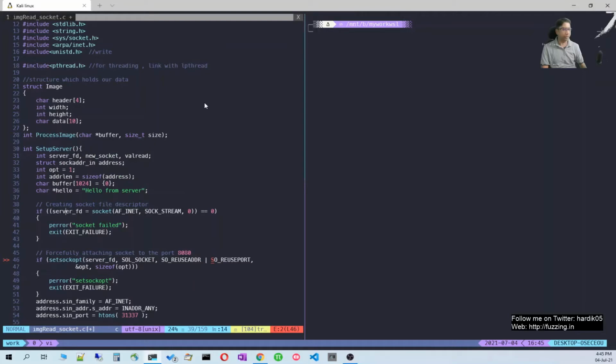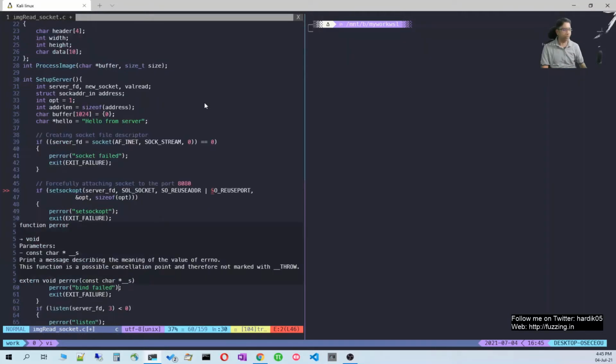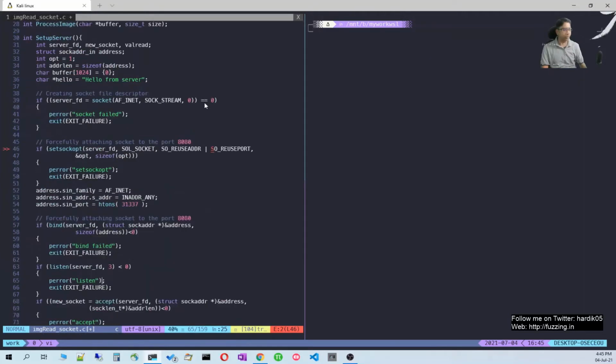Here is a simple function call that creates a socket file descriptor. It calls socket with AF_INET, and SOCK_STREAM as the socket type, and checks whether the socket is successfully created or not. Then it will bind it to the port, that is 31337.